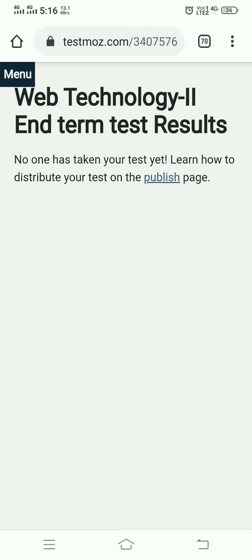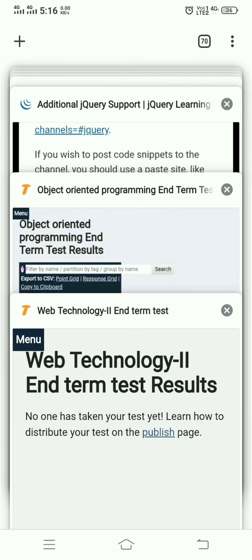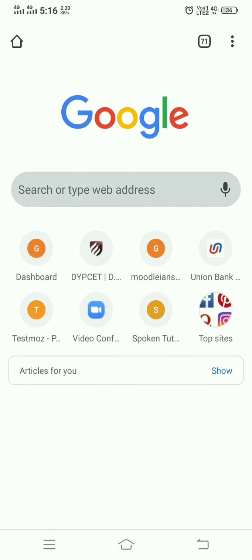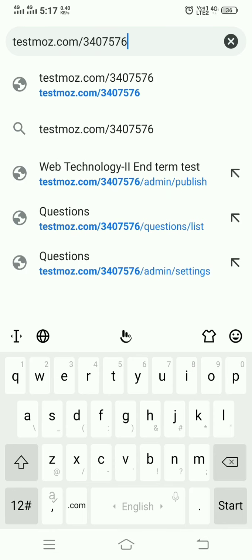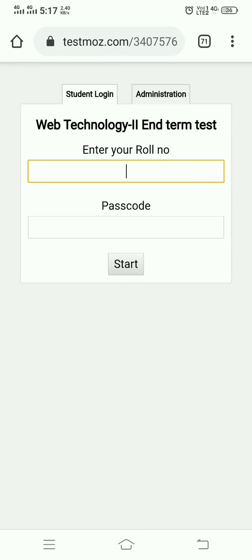Inside another window I just paste the URL which I have copied. Just click on that and enter the roll number.